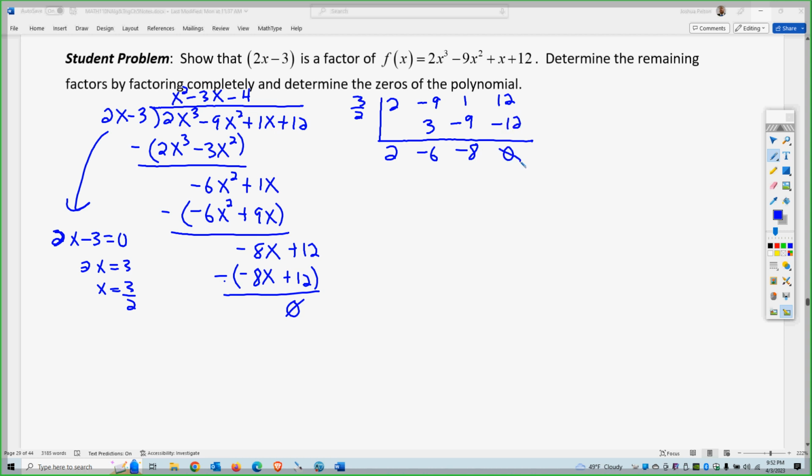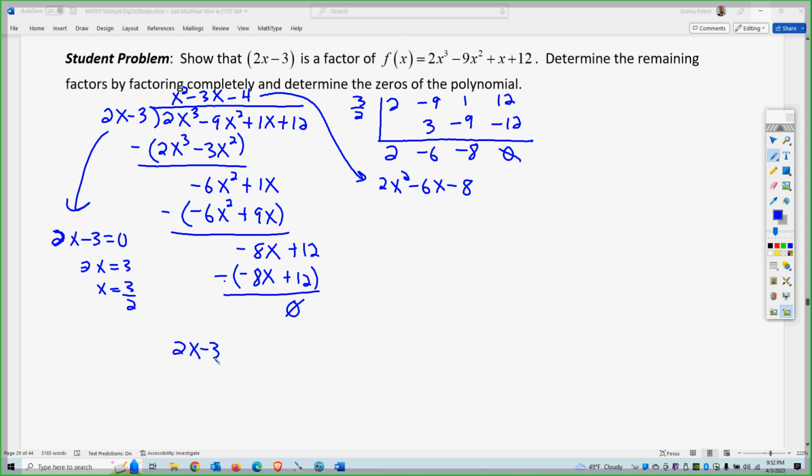But wait a minute. This is 2x squared minus 6x minus 8. That's not the same thing, right? That is not the same thing. So did we make a mistake? What went wrong? Well, nothing went wrong, actually, because if you think about it, what we really have here is